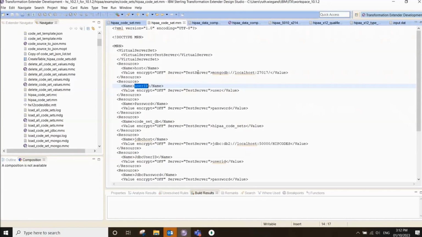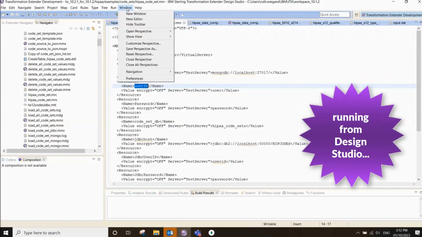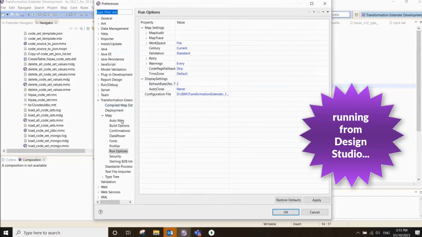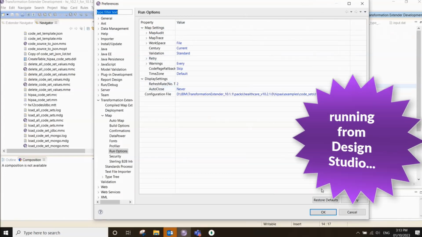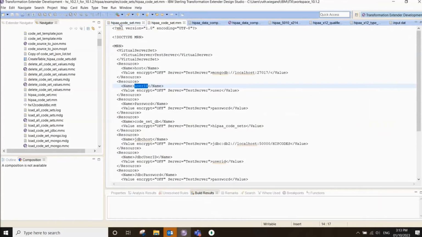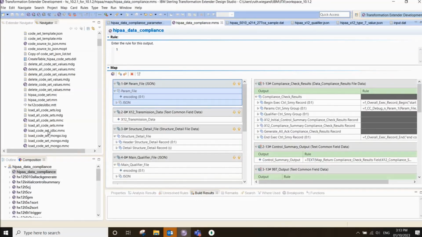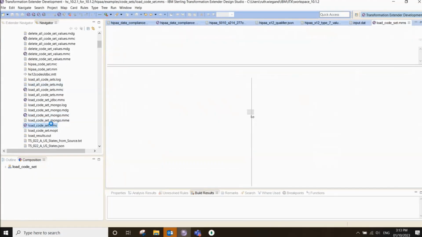The resource registry lookup or resource name resolution varies depending on what runtime we're using. If I'm going to run the map directly in Design Studio, I need to set the Transformation Extender run option to point to the configuration file. This is a long path, but it is pointing to that MRC that we ship with the examples. Once we know we have the correct MRC and MRN configured to point to,